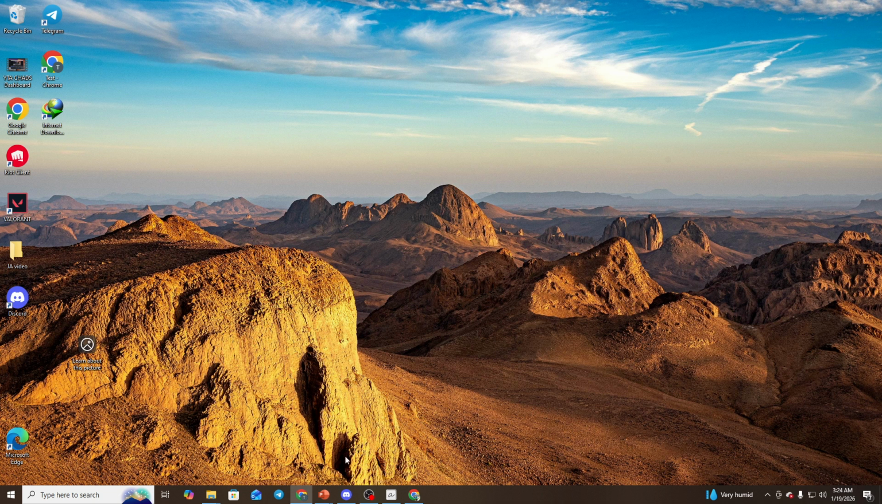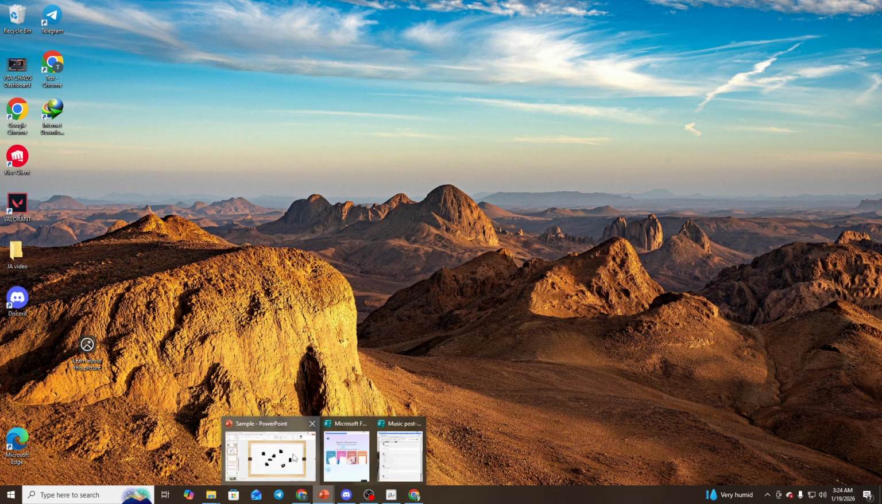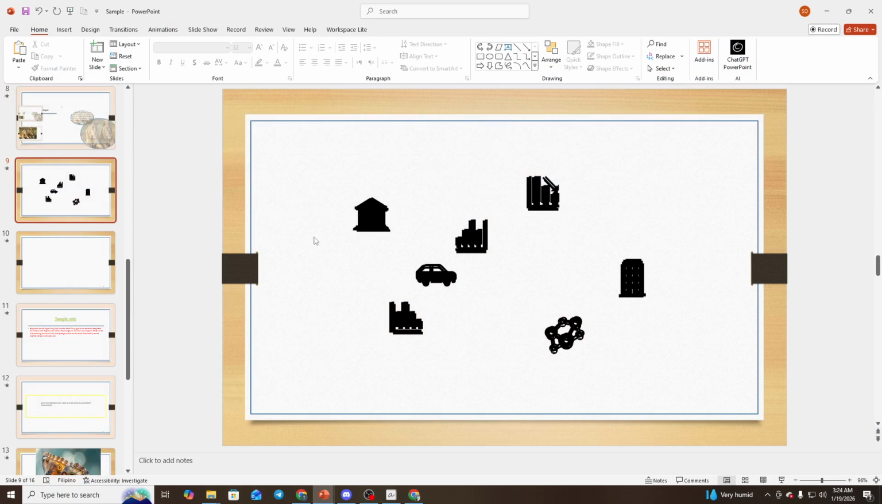Start by opening Microsoft PowerPoint and loading the presentation you want to work on. You can use an existing file or create a new one. It helps to think about the story you want your slides to tell because the transitions and animations you choose